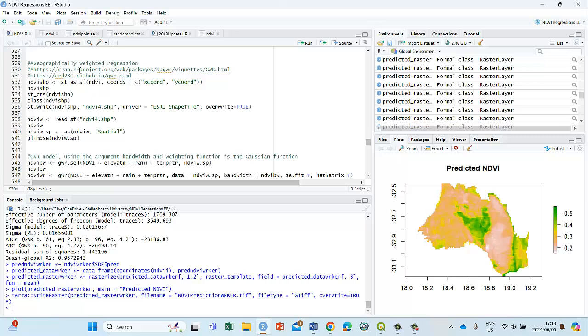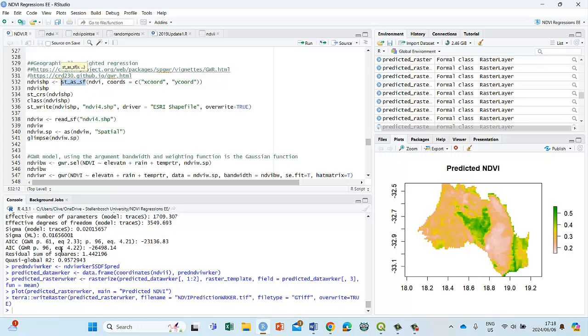Okay, so we are in, I keep on saying Earth Engine. We're in RStudio. Okay. First thing that we have to do is we have to create a spatial